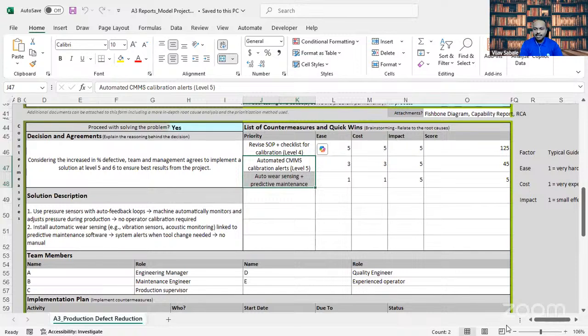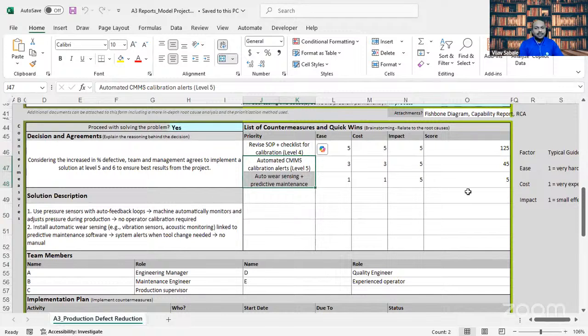How to rate them? We can see here there is simply a scale. If it is very hard to implement, we can say it's a score of 1. If it is moderate, we can say it's 3. If it is very easy to implement, we are going to provide the score 5, right? Why are we giving the 5 score for easy implementation? Because we are going to prioritize it, right? That's why there is a high score for easy implementation.